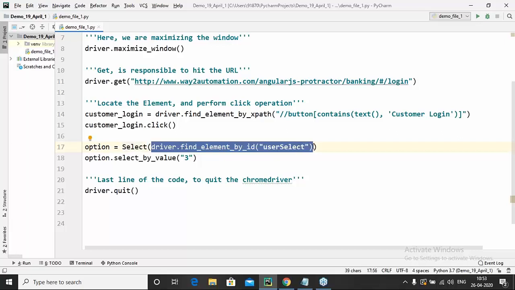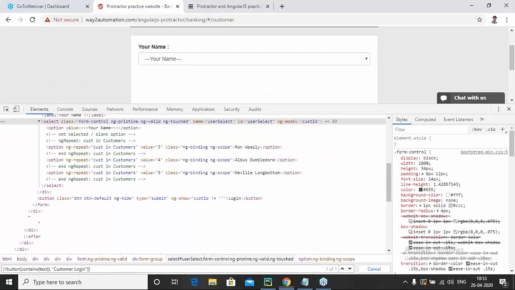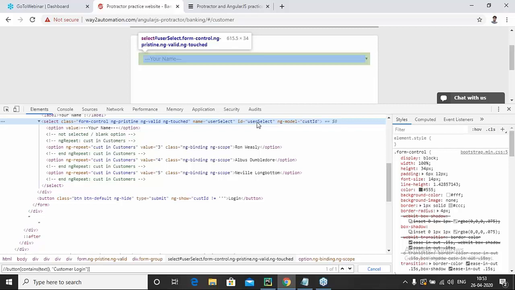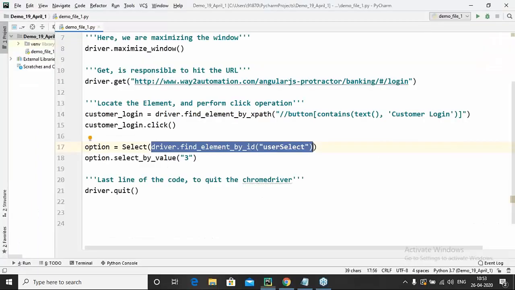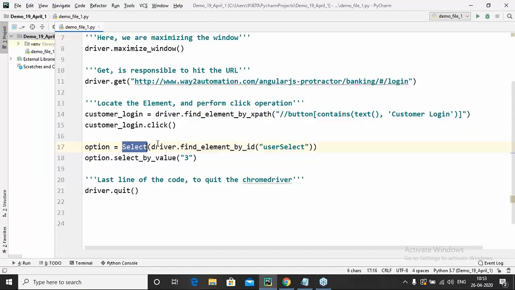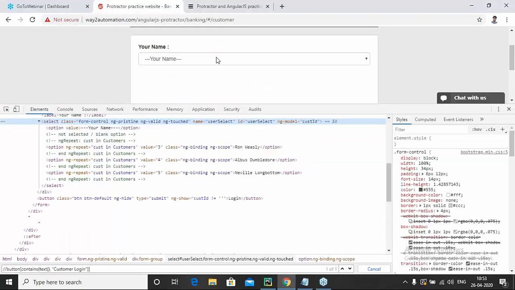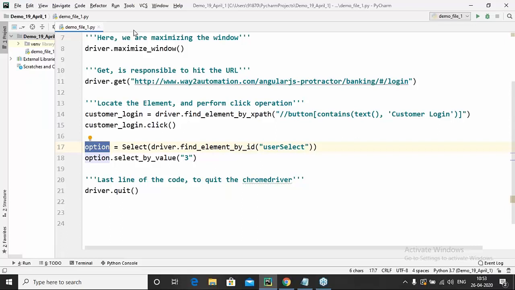Since this select has an ID as a locator, which is unique to the complete web page, I will say, for this select tag I want to select a drop down having an ID called user select. Since this drop down has multiple options available, I am taking this in option. Okay, is it clear this time, Raj?